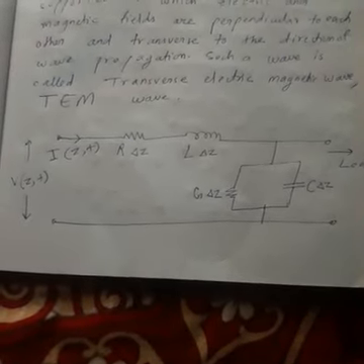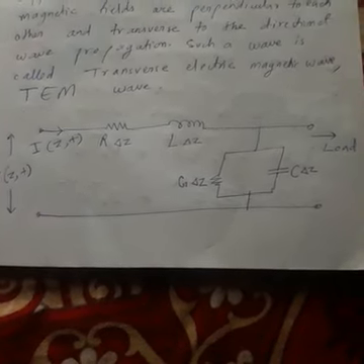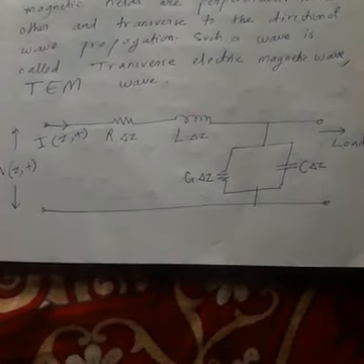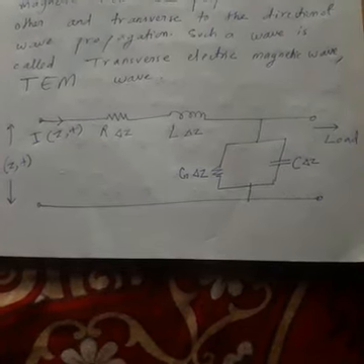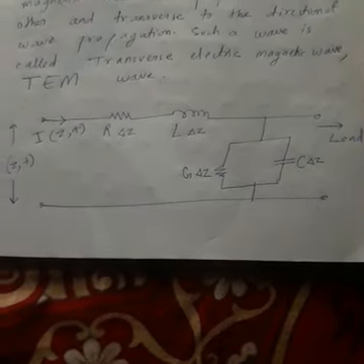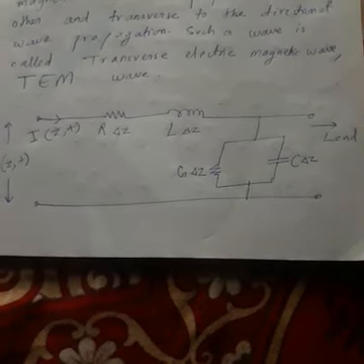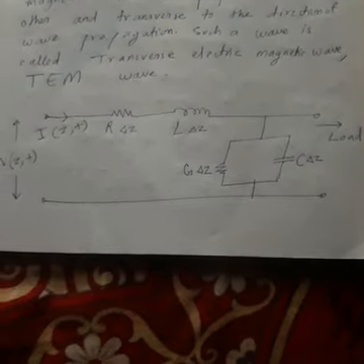So what are we doing now? Let R be the resistance per unit length, L the inductance per unit length, G the conductance per unit length, and C the capacitance per unit length. So what happens to the total resistance? R into del Z. The inductance? L into del Z. The conductance? G into del Z. The capacitance? C into del Z. Since the resistance per unit length, that means for 1 meter length, is R, for del Z meter the resistance is del Z into R. Similarly, the inductance is del Z into L, and so on.